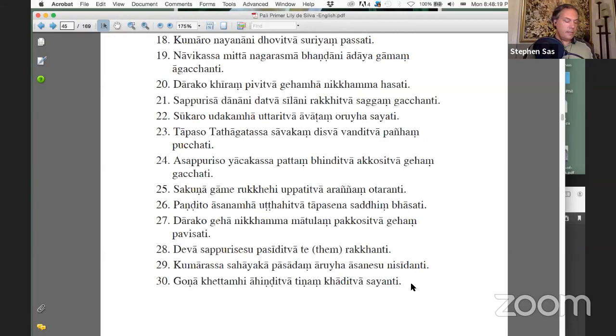And then let's try, perhaps finally, Linda, if she's there, with number 29. Okay. Kumarasa Sahayaka, Pasadang Ariha, Asanesu Nisidanti. Pasadang. Pasadang. So I translated it as